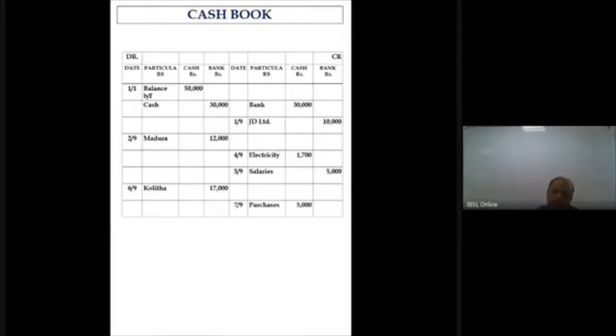The accurate picture of the two bank columns, that is your debit column of the bank and the credit column of your bank, is the reflective ultimate balance in your bank account. But the bank might also have some direct transactions, so your bank balance is actually not the same as what you have in the cash book. Now this is one such transaction. The bank has charged a commission of 350 rupees from your bank account